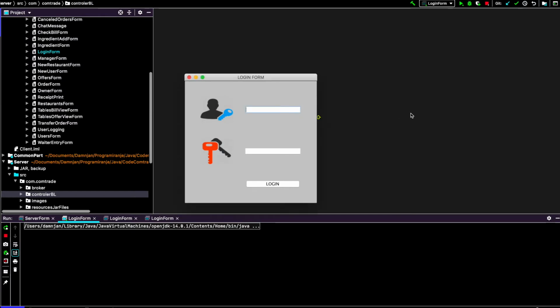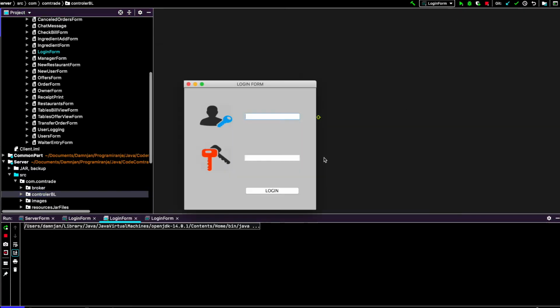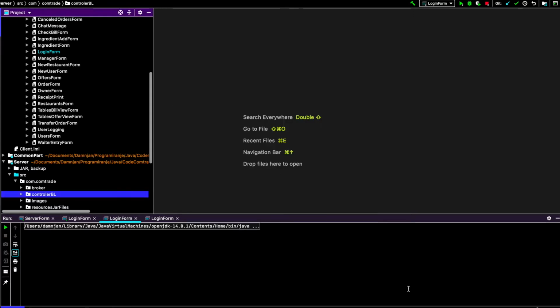First, I'd like to show that the waiter and all the other users are safe, so there is no way you can enter without a proper password or with the wrong username. Of course, if you try several times, that will be funny. Also secured is the situation that you cannot log in the same user twice. So as you can see, if you try, there will be a message saying that that user has already been